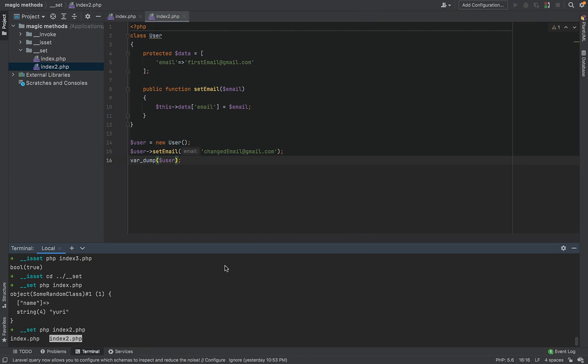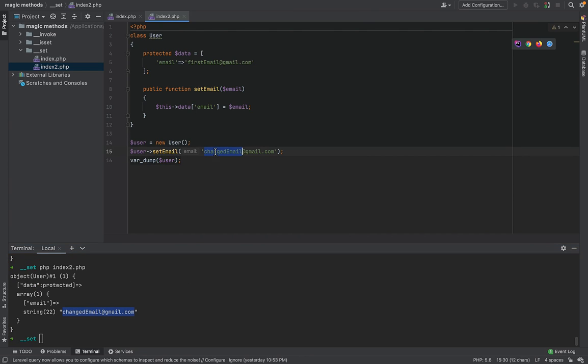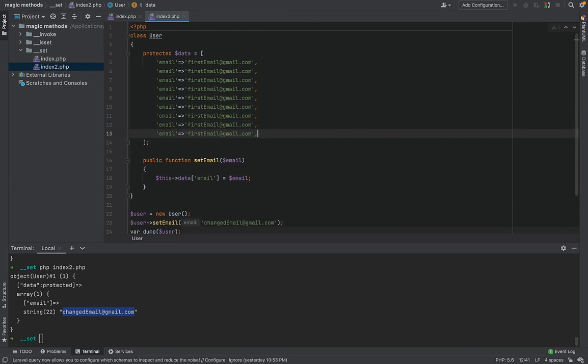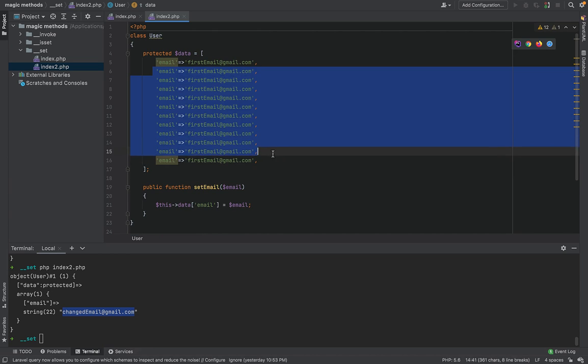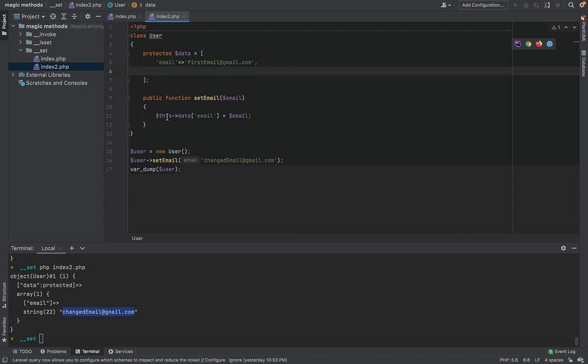PHP index 2. Okay, I get the changed email because I've changed it with this method. Okay, first off, this was it and I changed it, but this is cumbersome, you know it, because maybe we have tons of keys in the data collection. So maybe like this, we have so many other things. So that would be creating so many